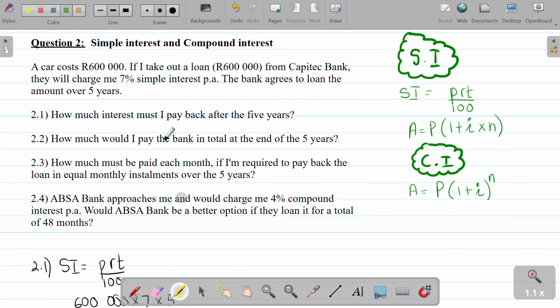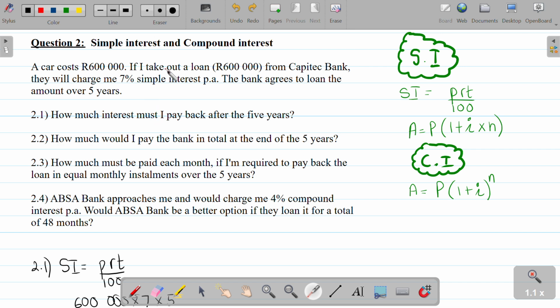Question two is regarding simple interest and compound interest. All right, so now we are getting into the more chunkier and longer questions that I've made for us. So let's read the story. It says a car costs 600,000 Rand. Probably like a really nice car, or yeah, decent,